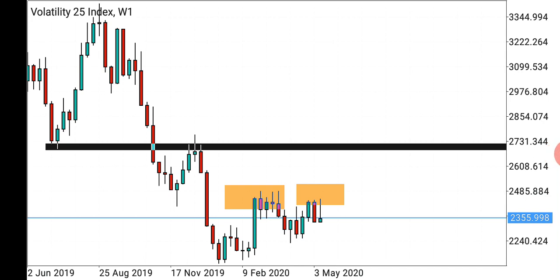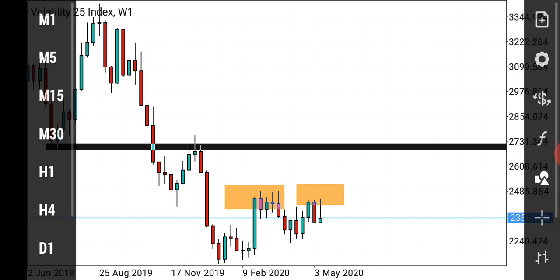We are giving out our weekly analysis on some indices, which are already giving us some great signals. This is the Volatility 25 index, and I'm here to give you an analysis of what we should be expecting next week. As you can currently see, the week has almost ended, and we're expecting this candle to close just as it is now, as a shooting star. If this candle closes like this, you should be expecting continuous selling.